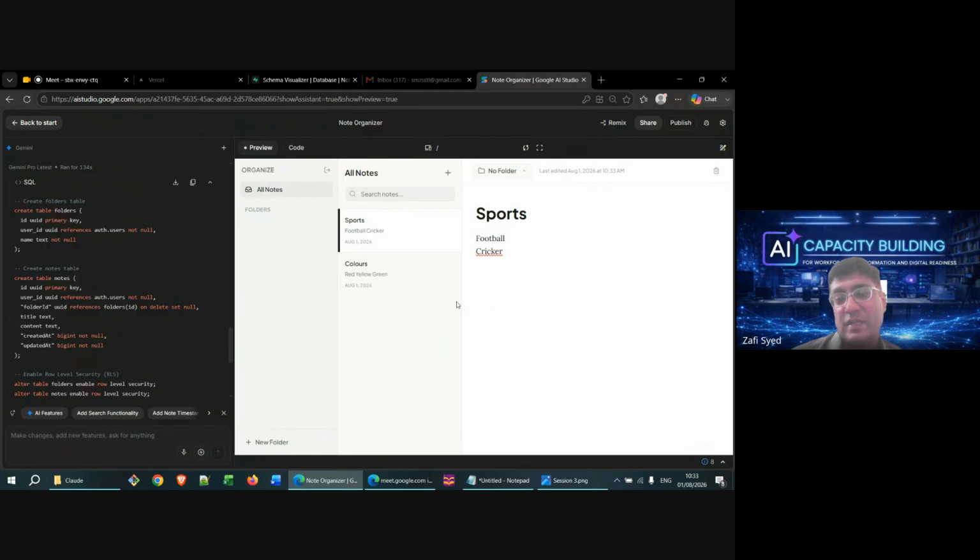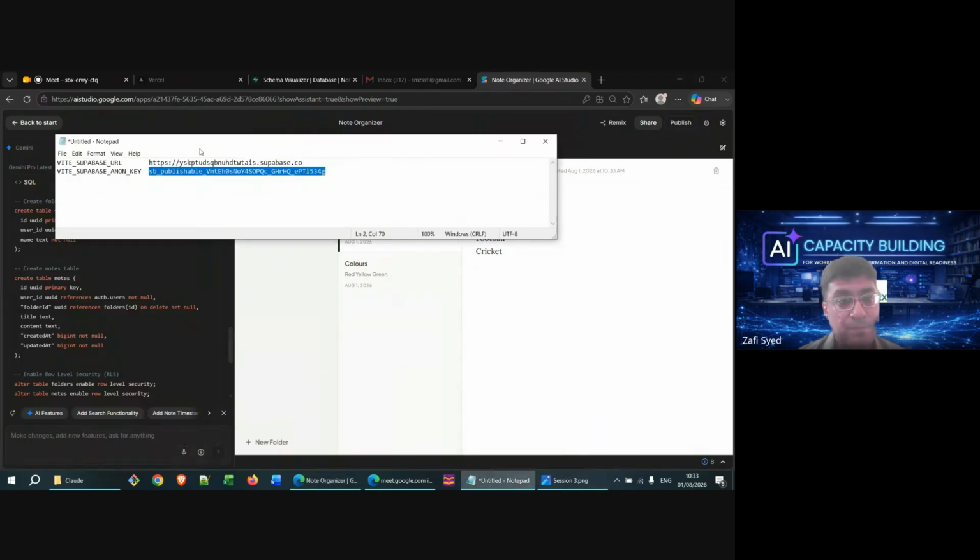And so what we do now is that we basically entered our data. Now, do remember that what's happening in the background is that we're entering this node. This web application is calling Supabase through this URL. It is providing it the anon key.